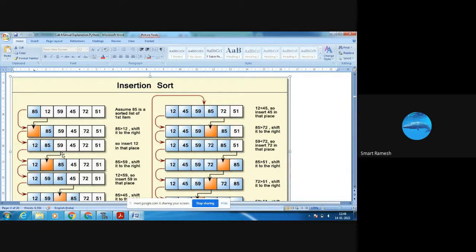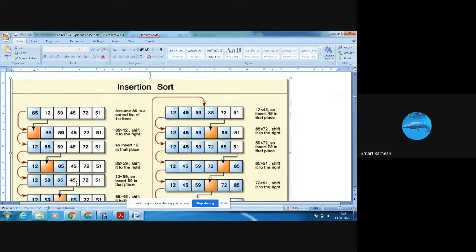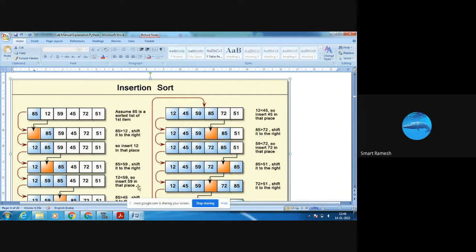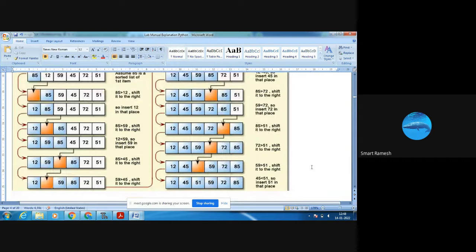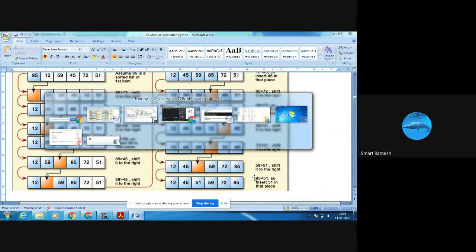I am going to place the 59 in the center of the 12 and 85. Next, I am going to take the 45 and place that 45 in the right position. Like that, I take one new card and place it in the correct position. Finally, I get the output.